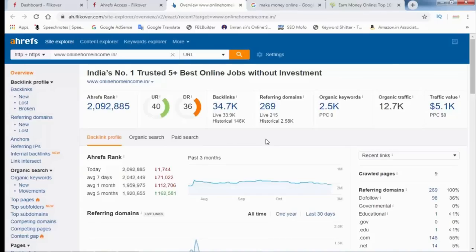I will show you what the benefit is. This is the organic keywords section. Here you can see 2.5k, 2500 organic keywords ranked from this website.